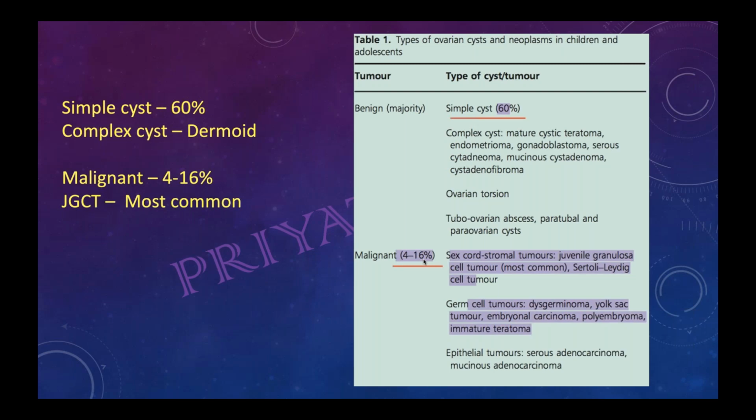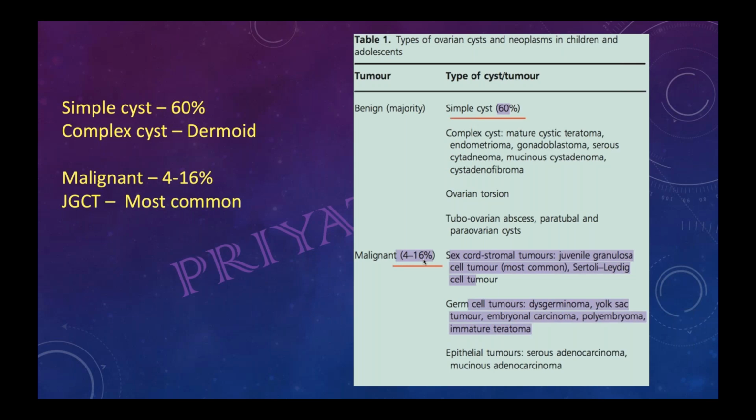Another situation, if malignancy is there in a child or adolescent, what is the most common tumor? So this question I have done in the last class also. This was from this talk. So the answer would be juvenile granulosa cell tumor. This is the most common. All this yellow, these are the table. This is the table from the talk.